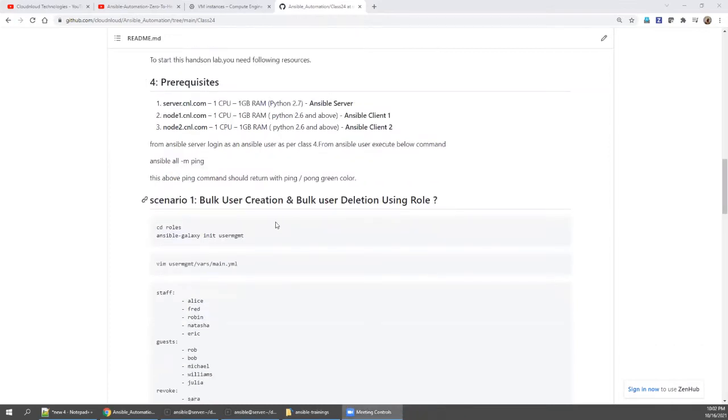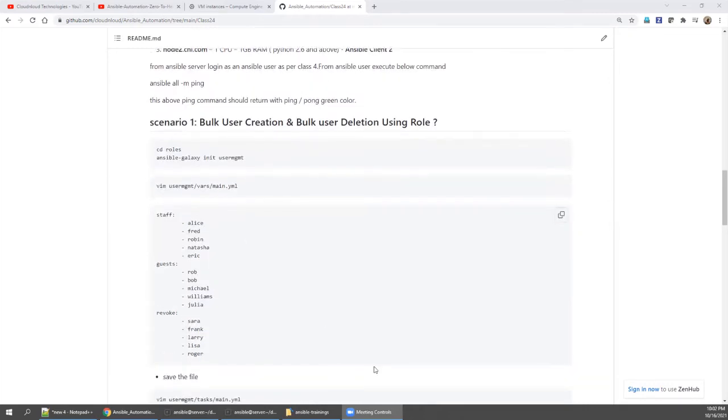Today we are going to discuss bulk input with the same role. This is another scenario where we can easily feed multiple values. We need not create multiple plays. We can use the same reusable role, but keep supplying an answer-file kind of logic, and we can supply many values.